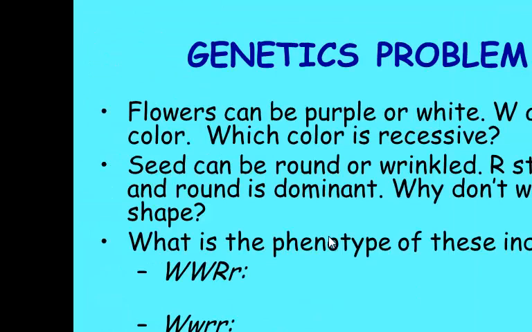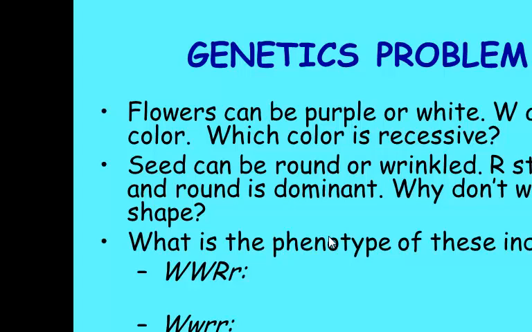In possible crosses, we can look at flower color using purple and white as the different alleles. Again, we're using the letter W because white is the recessive allele. So which color is recessive? We've seen the purple and white, and after the first generation only purple appears. That means that white is recessive. Seeds can be round or wrinkled. Again, the big R we're using for